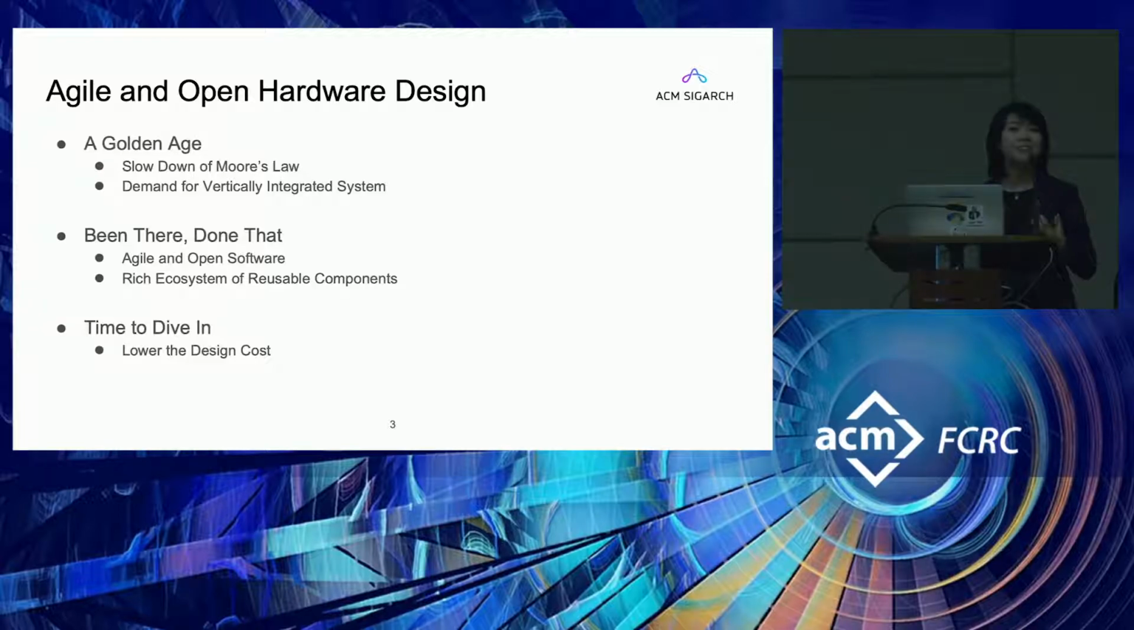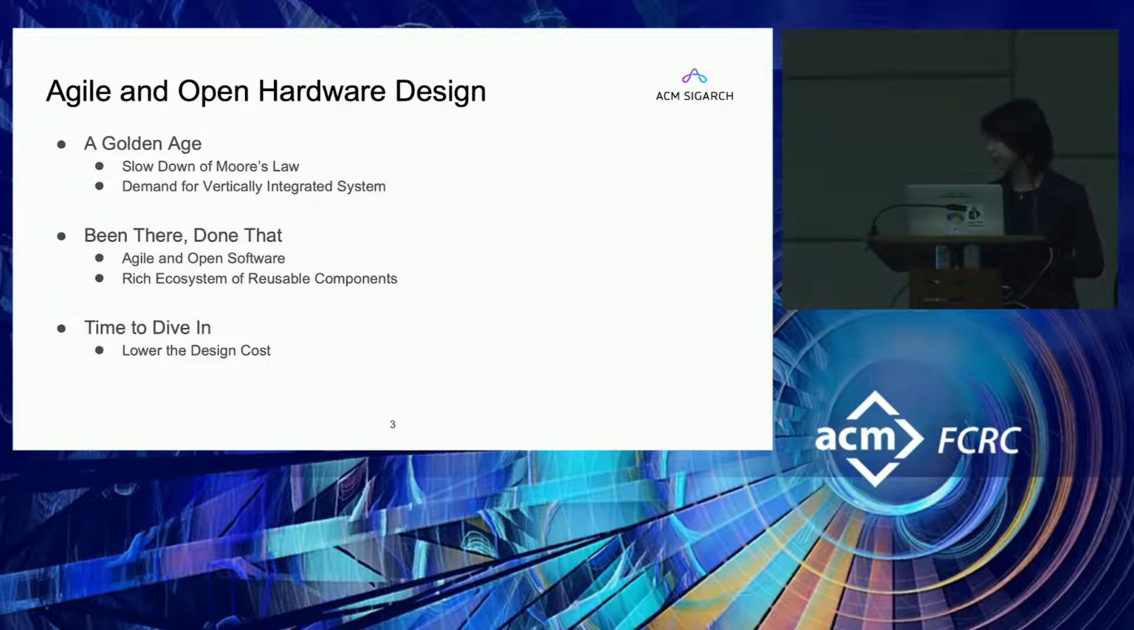At the same time, we look at the software design community. There has been a lot of effort in thinking about how we can better design agile and open software and create a reusable community and ecosystem for better development of the software industry. The way I like to think about this is that it is time for us to think about how we can also apply the agile and open hardware design methodology in the hardware space to design